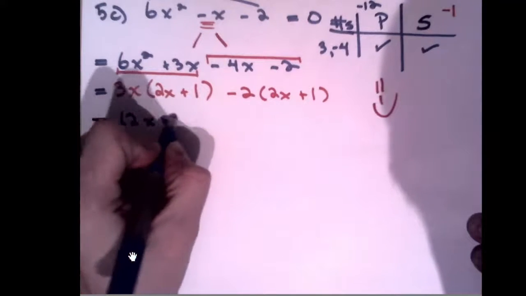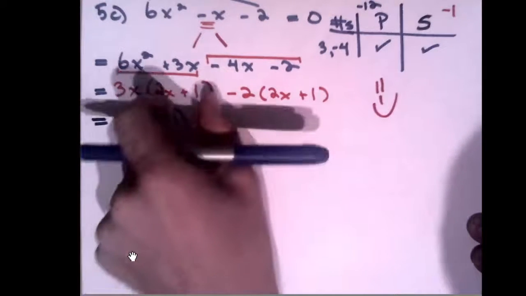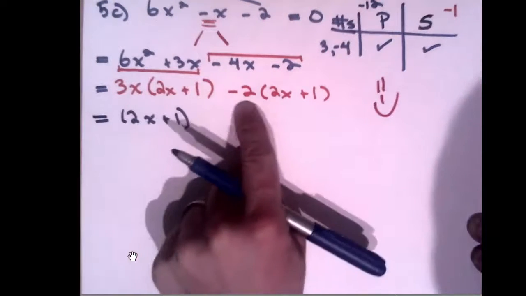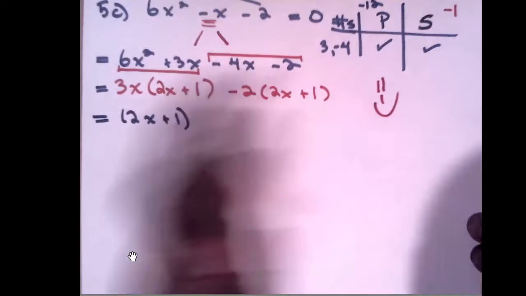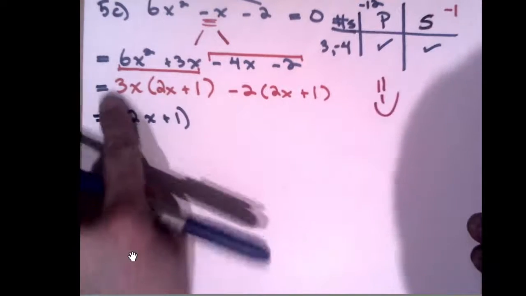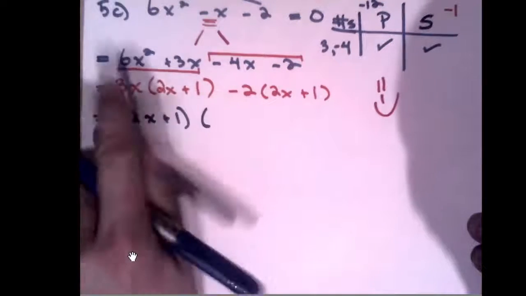2x plus 1. So these are common. Like this is one giant term, and this is another giant term. And each of those terms has this binomial in common. So you write him up front, and what's left over goes into a new bracket: 3x